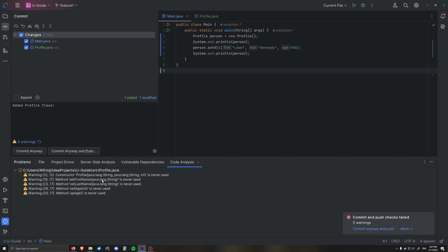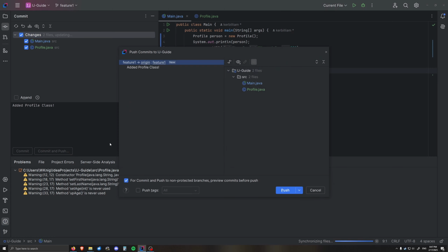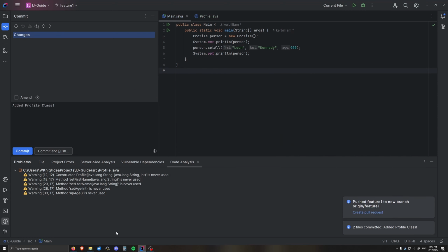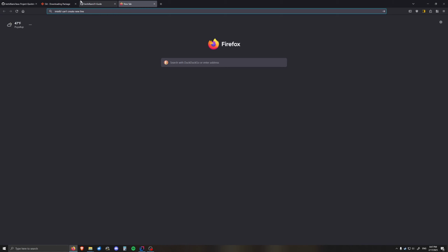And I think, yeah, it's fine. So I'm going to commit anyway and push. And it's showing all our new commits that we're going to be pushing. And so, yeah, add a profile class, so we push. And just like that,